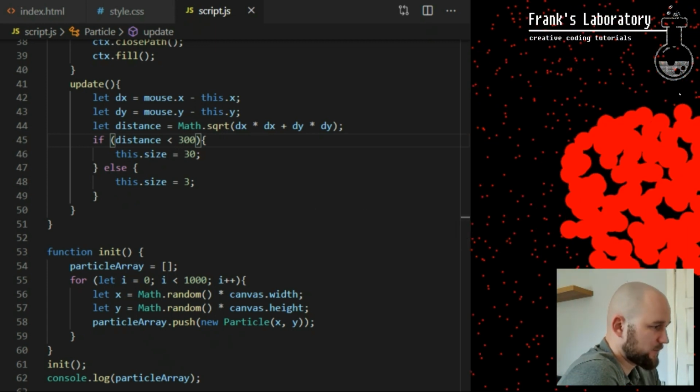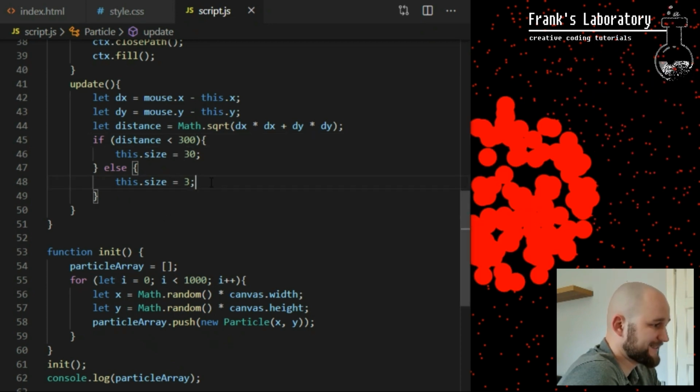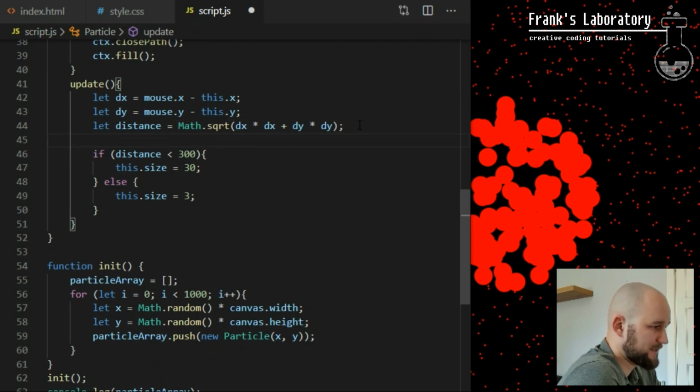So what I want to do now is for particles that are close to mouse to start moving away from it. I want them to move from the center point of the circle towards the edge. I also want particles to move at different speeds depending on their weight. We defined earlier when we assigned this .density property inside particle class constructor. And third thing I want to happen is for particles to move fast if they are close to mouse, but gradually slow down the closer they are to the outer edge of circular interaction area, until they reach speed of 0 when they touch the outer edge.